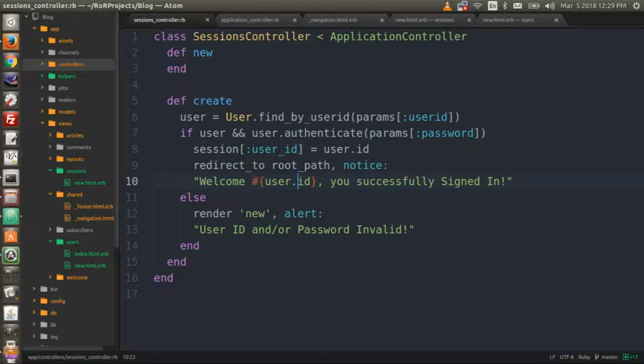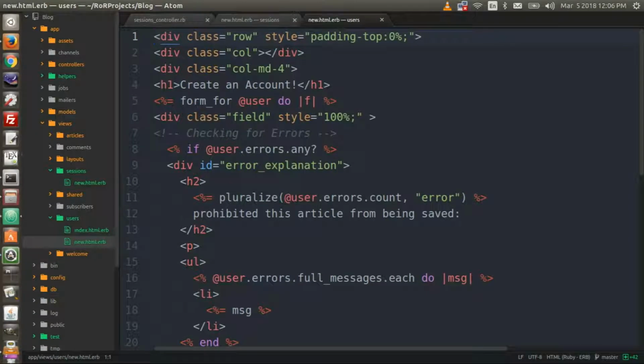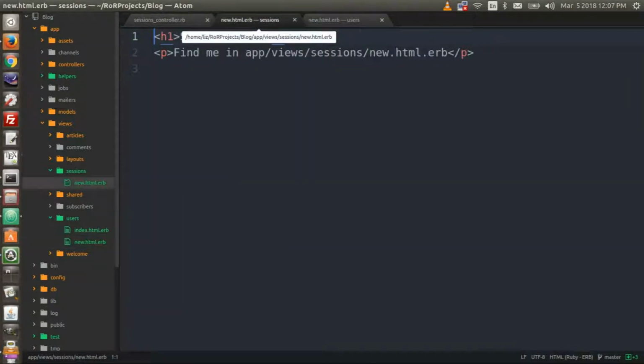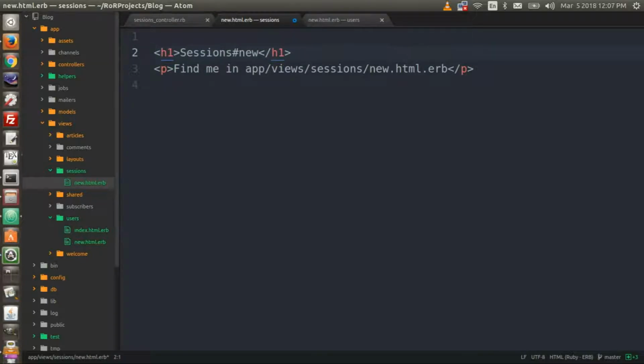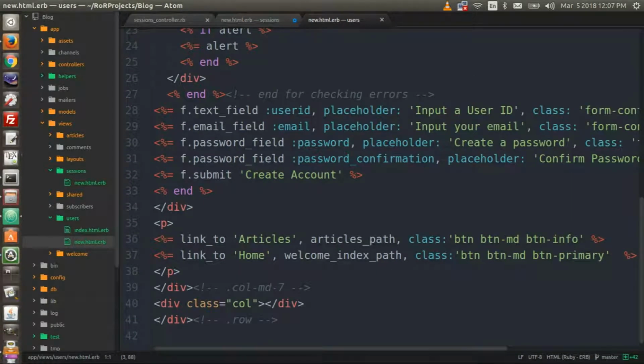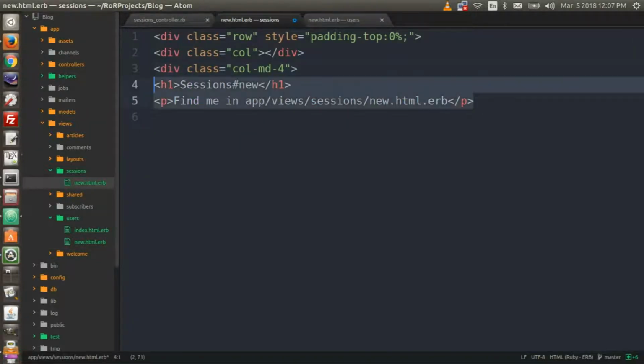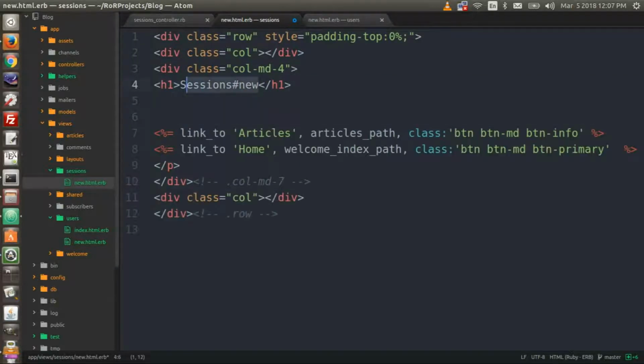Now, go to the sessions new.html.erb in the views folder, and to users, and then the new file. And we're going to create the form for the sessions. So we can just copy this from the new file in the users folder and paste it into the sessions new file. Okay, and then we can go back and copy this as well here and then paste it in. And here let's just say please sign in. Okay,